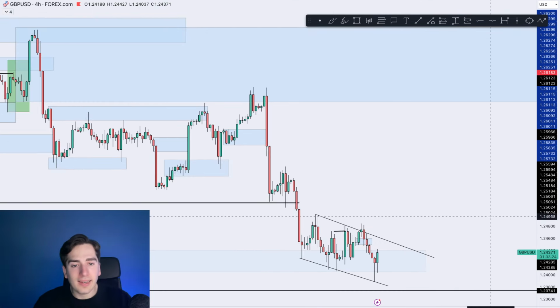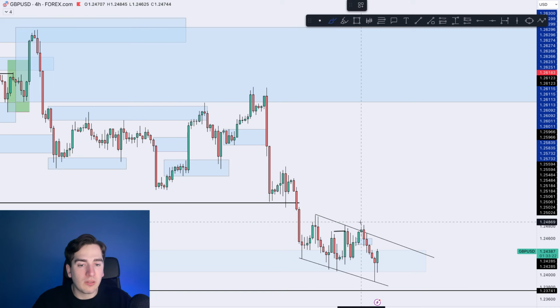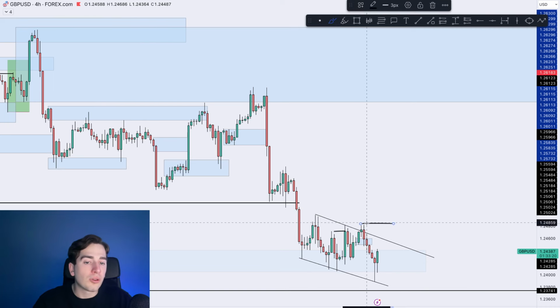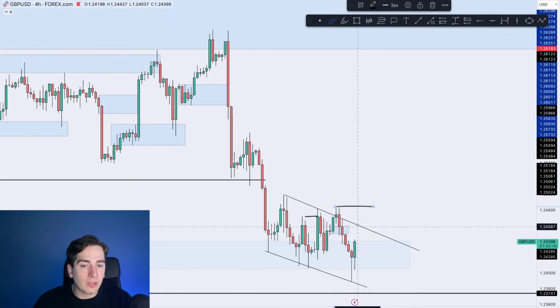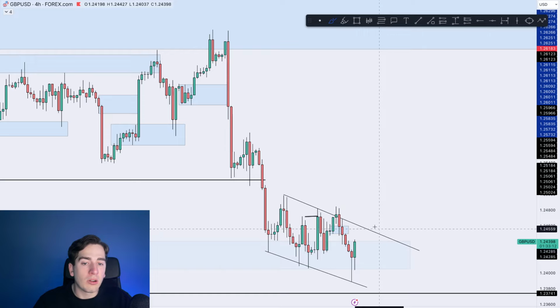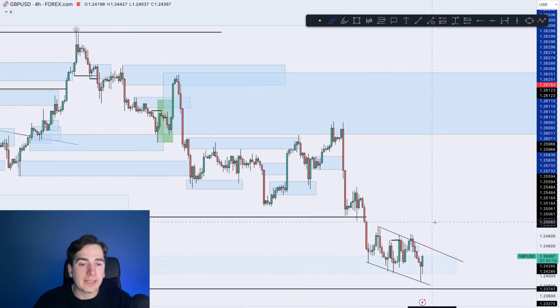So yeah, that is that. Also, that daily high, by the way, which is this high over here, is also your 4-hour fractal high. So overall the 4-hour is now bearish from this high towards this low. So we should just continue down lower as long as this high is respected.